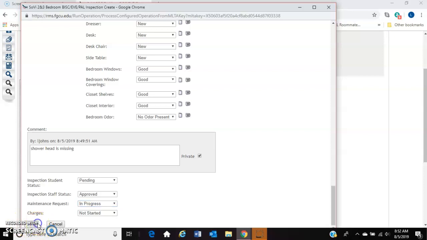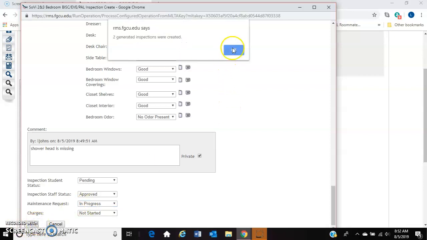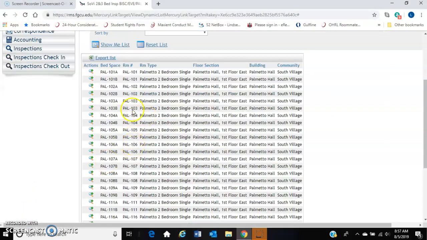You'll hit save. It'll say here that it's generated 2 inspections. If you're in Osprey Eagle, this will more often than not say 3. If you're in the apartments, this will more often than not say 4 if you're creating an apartment at an entire time. So now you're back on this screen and you can move on to do 102 A and B